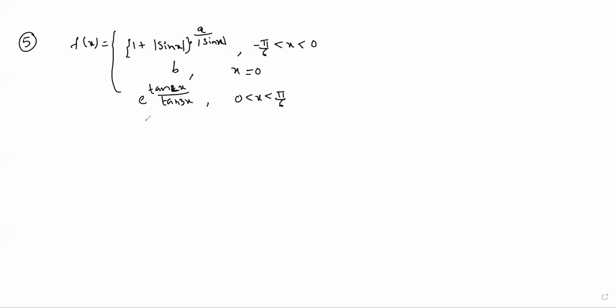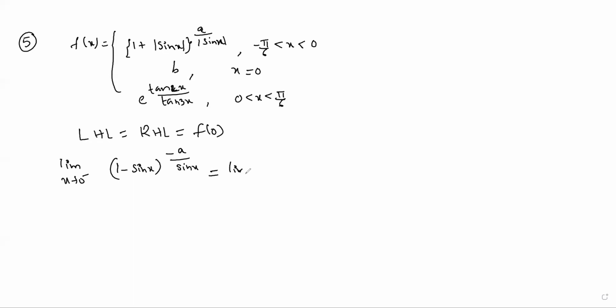It is clearly given as continuous at x equal to 0. That's why in the same way we will take the LHL value. LHL equal to RHL equal to f of 0. Clearly, why are we taking this? We need to find the a value and b value, both required. Now the left hand limit, x tends to 0 minus, when x is less than 0. For negative values sin x is negative, that's why mod sin x also becomes negative. This total becomes minus sin x power a by mod sin x, which becomes minus. Total it is minus a by sin x.